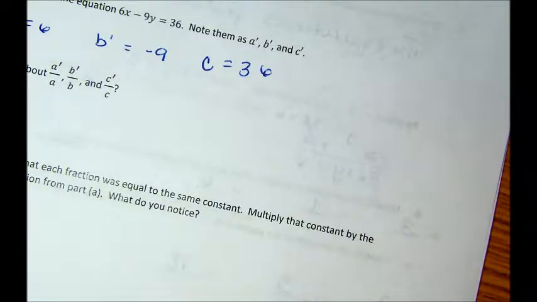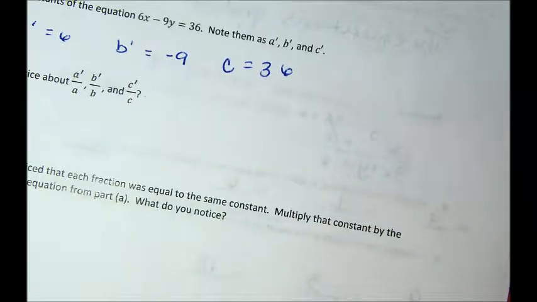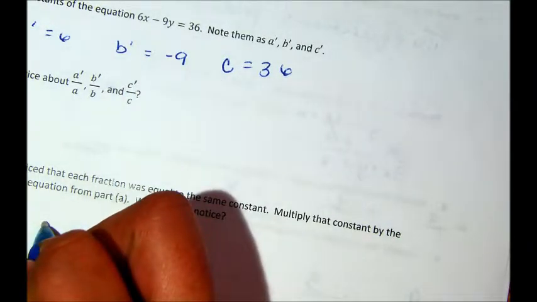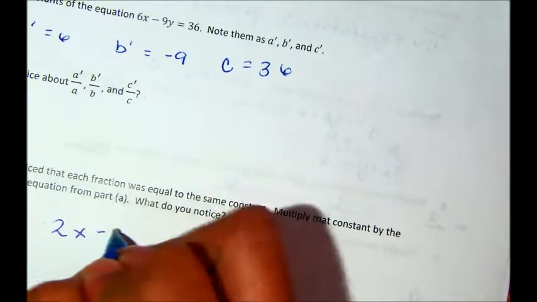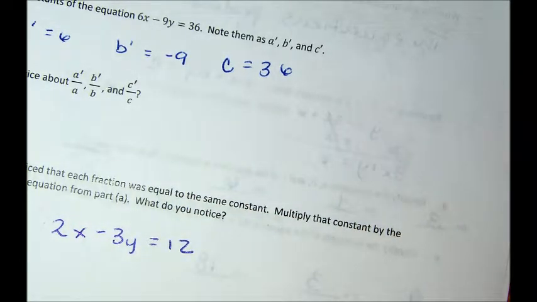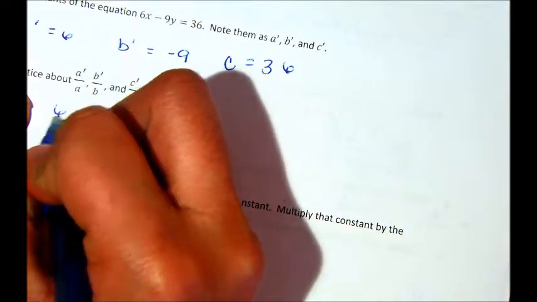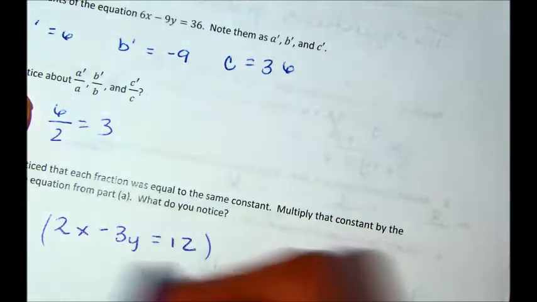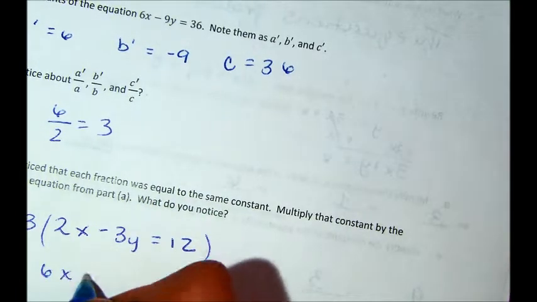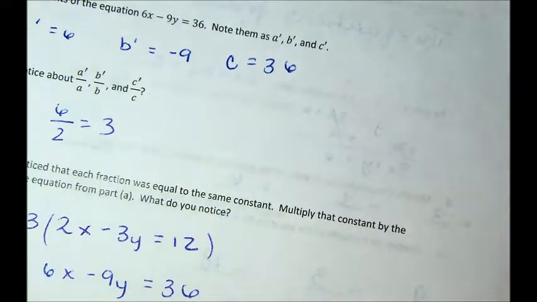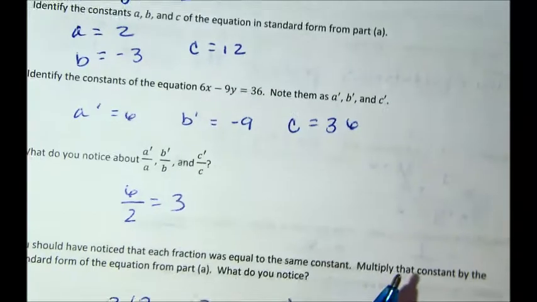You should have noted that each fraction was equal to the exact same constant. Multiply that constant by the standard form of the equation from part A. What do you notice? So I'm taking my equation in part A, 2x minus 3y equals 12. And now I want to multiply the constant, that same constant that they are reduced to when I put a prime 6 over a of 2, it reduces to 3, and I multiply by 3. I produce 6x minus 9y equals 36. Exact same equation I was working with in part